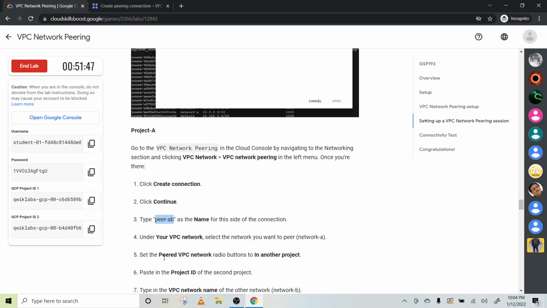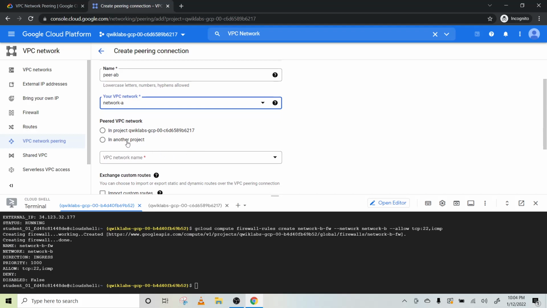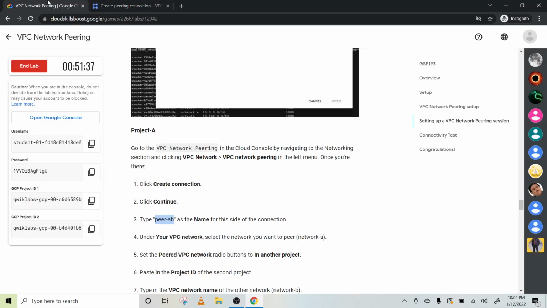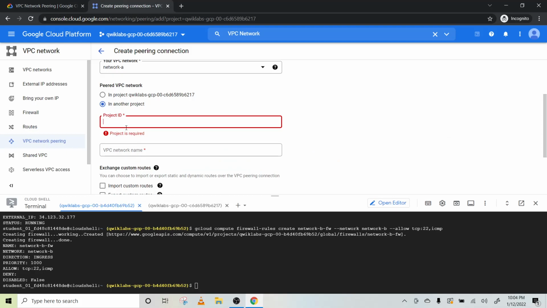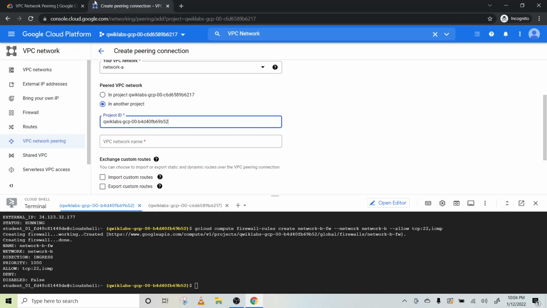Okay, network A. Select the peer VPC network radio button: in another project, and the project ID. The second project ID, paste it here.